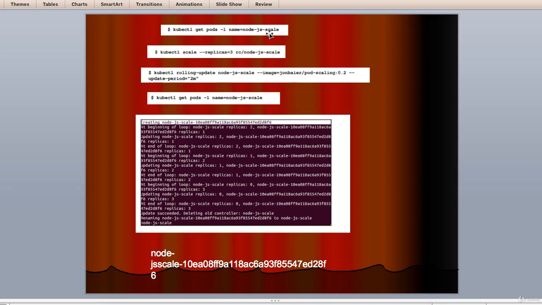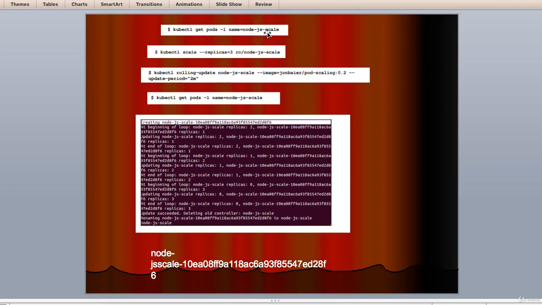There is built-in support for rolling updates with the 1.0 version. The rolling update command allows us to update the entire RC or just the underlying Docker image used by each replica. We can also specify an update interval, which will allow us to update one pod at a time and wait until proceeding to the next.